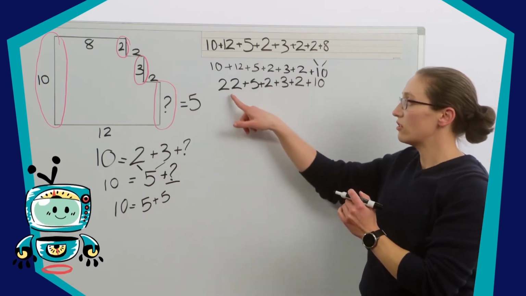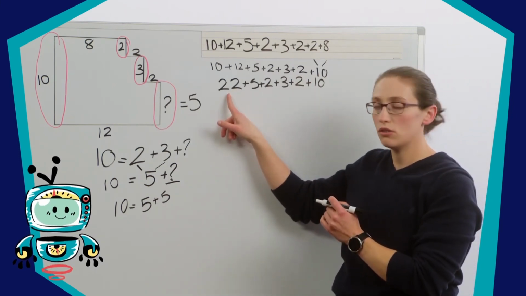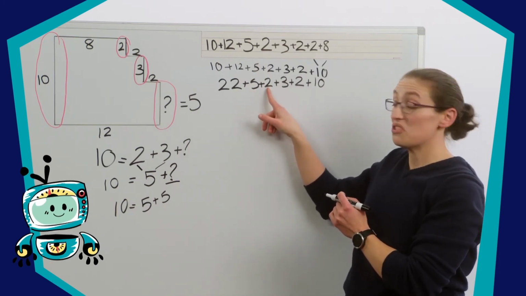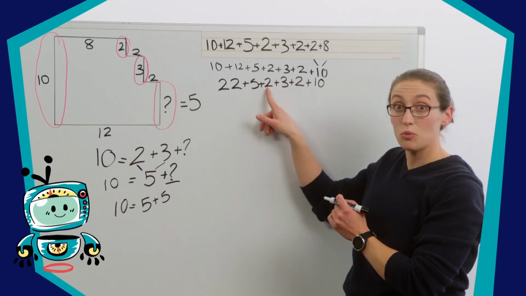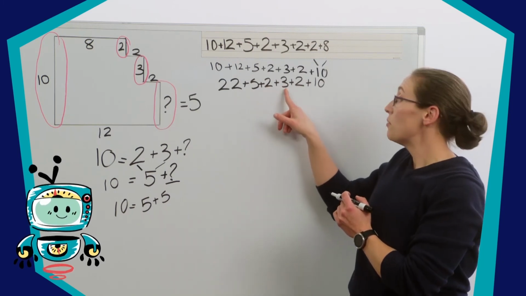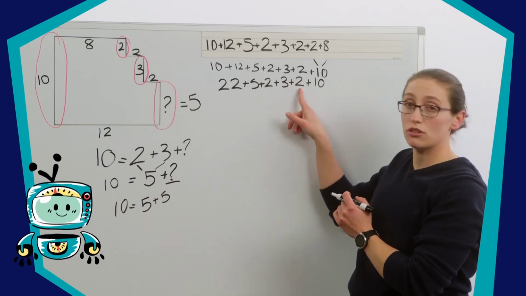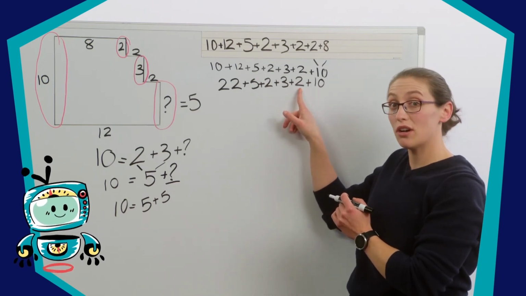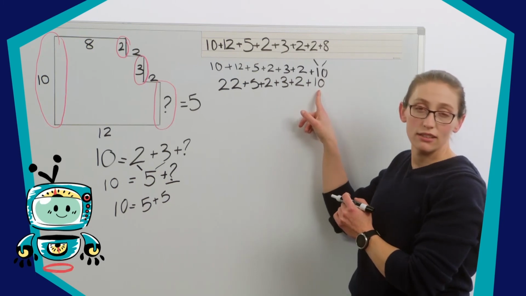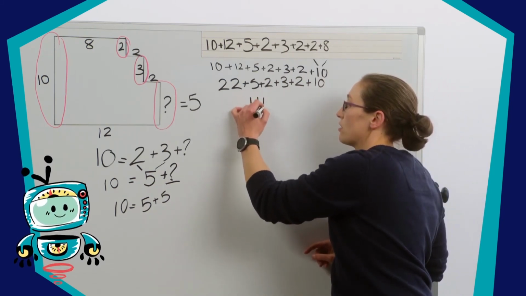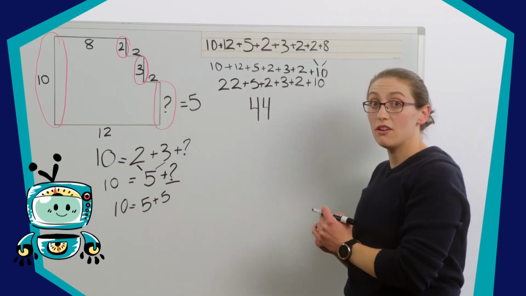Now let's take a look. I'm going to do 22 plus 5 to get 27, plus another 2 to get 29, plus 3 to get 32, plus 2 to get 34, and then plus 10 to have 44. So my final answer is 44